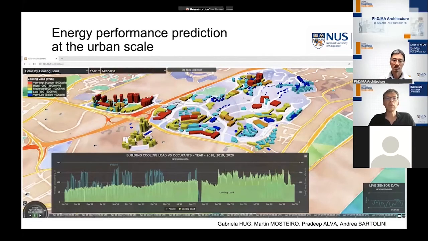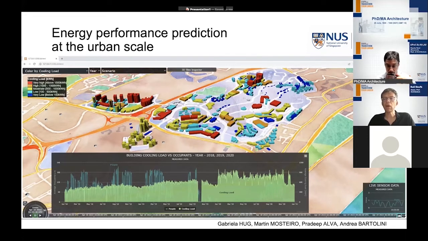So in another project, we're extending this to the urban scale, looking at how we can do the same energy performance prediction at the larger urban scale. Obviously, we cannot use the same level of detail using detailed simulation at the urban scale because it would take way too long. We're not doing it at the entire Singapore scale at this moment. So we're using the university NUS as a case study. We have building cooling load information for some of the buildings. And we use that data to basically,